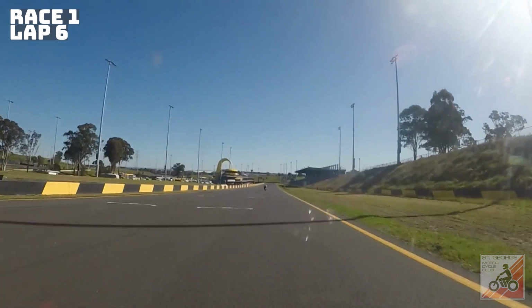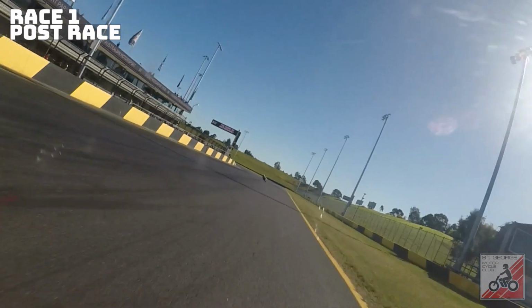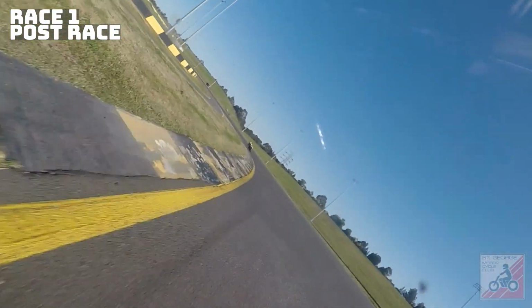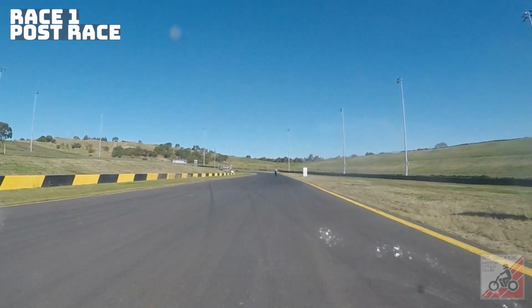Final straight here, behind Mick there on the Kramer. We ended up finishing 4th in this race, which